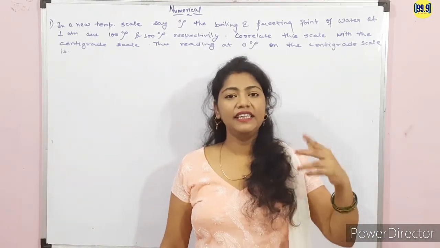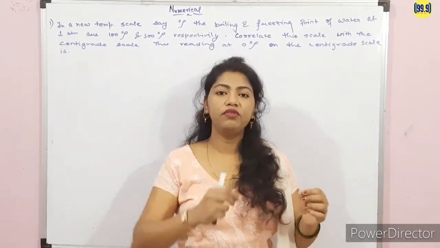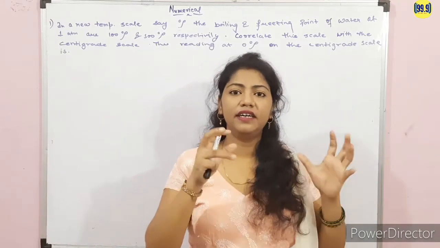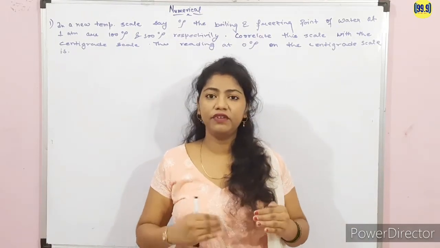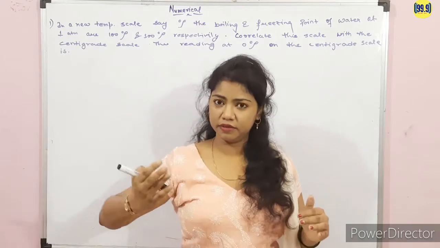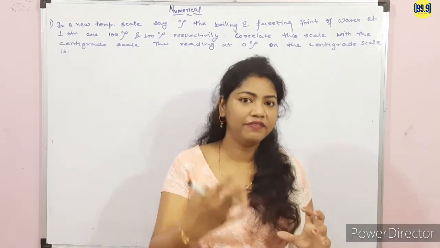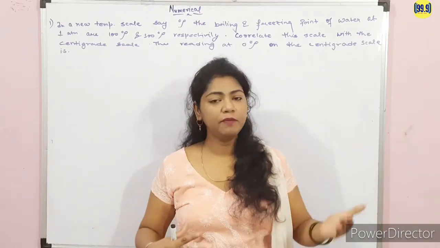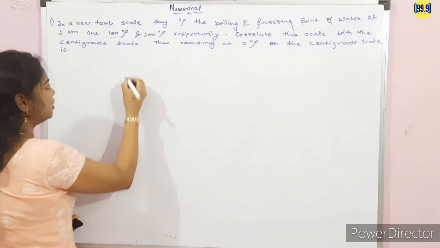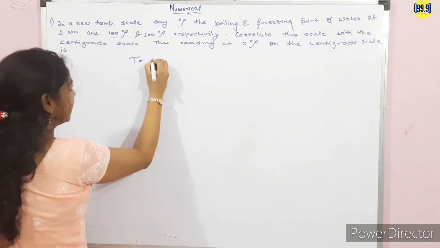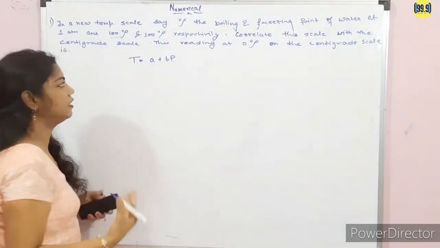In the two reference point method, what will be the method for calculating the temperature? We have to first find out the temperature at the steam point and at the freezing point, or some constant given in the equation for the freezing point or ice point or the steam point. As we know, the general equation for the two reference point method is T is equal to A plus BP. Here A and B are constants and P is the thermometric property.